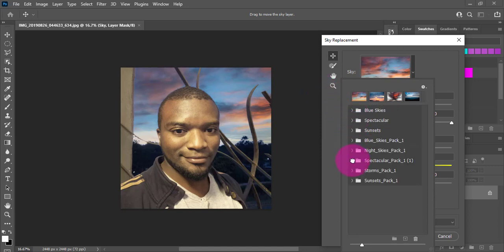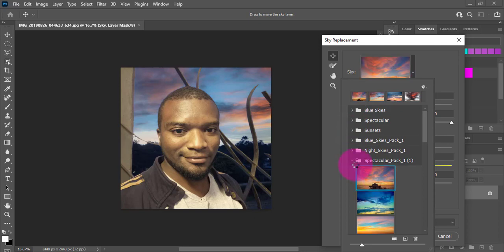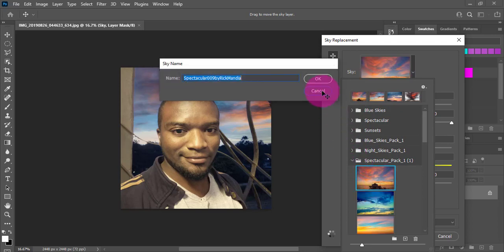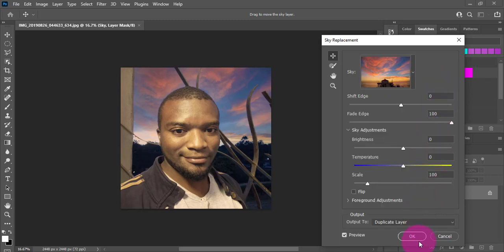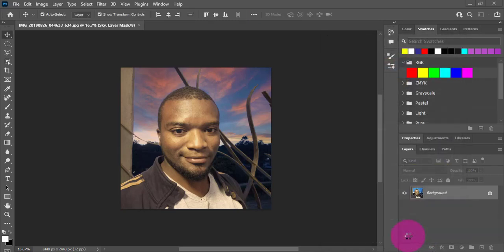Just let me try the spectacular one. I think I like this. So this wants me to give it a name. Now after that, you will just change your sky. Then I'll just come and click here, maybe, then okay. Now if you're very keen, it will duplicate here, but if I don't want it to duplicate, I'll come again